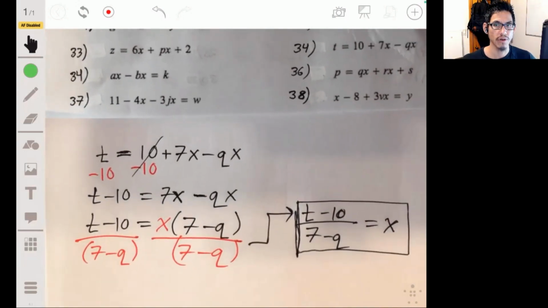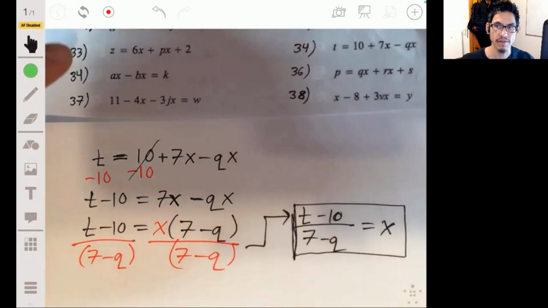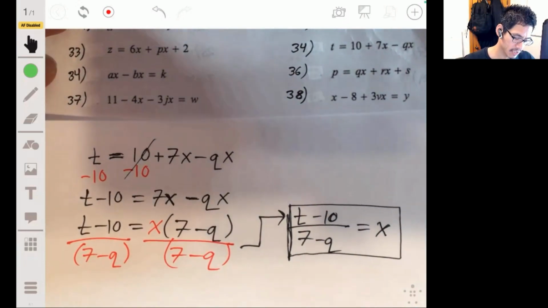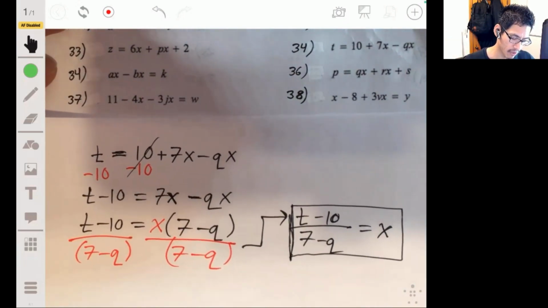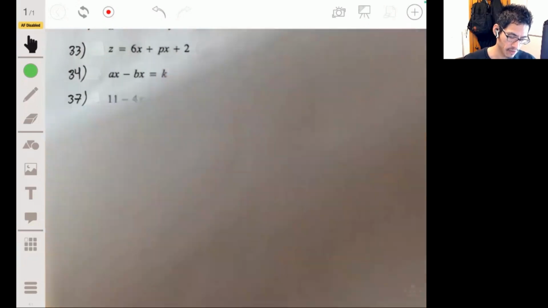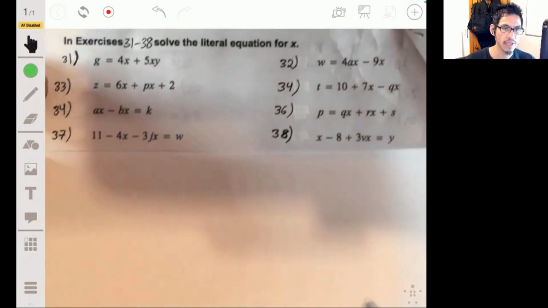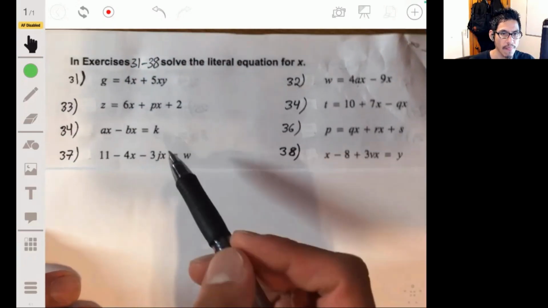All right, 4 more to go. We're closing in on an hour. Let's try to see if I can get under an hour. Just because. But let's make sure we know what we're doing. All right, so